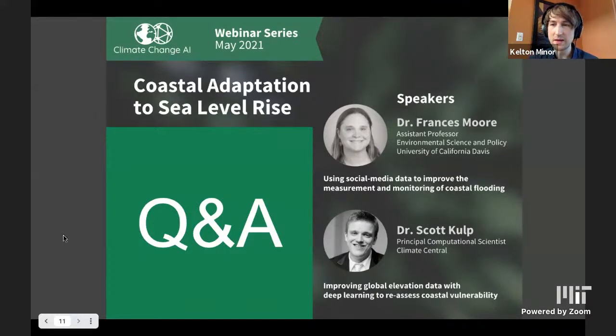Both presentations implied that large coastal populations may be exposed to flooding to a greater extent than one would have concluded previously, relying on standard measures from tidal gauges in the case of Dr. Moore's talk, and satellite digital elevation models in the case of Dr. Kolp's talk. Since these standard tidal gauge and digital elevation data are presumably widely used in coastal decision-making, what are the implications of your findings for local adaptation planning for the locations where your augmented measures differed the most from what data previously suggested? Has your large-scale research translated to any local action or realizations? Starting with Dr. Moore.